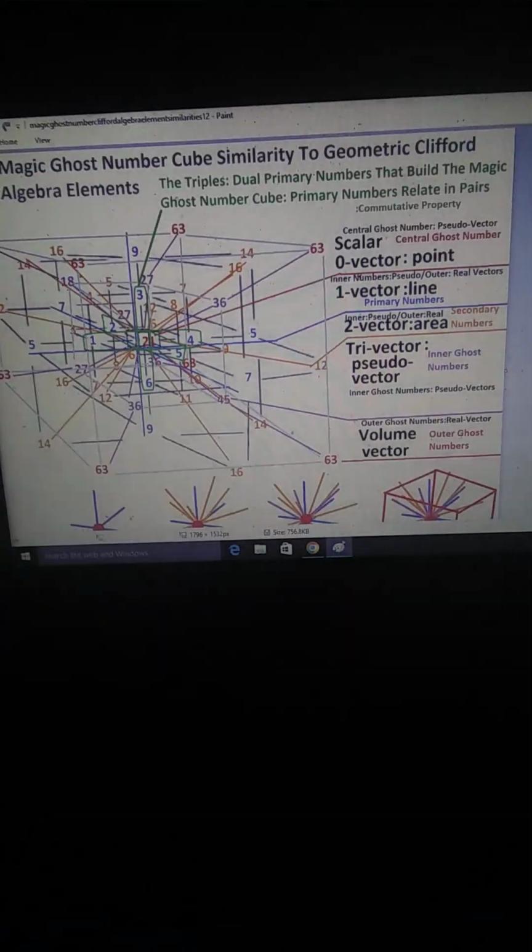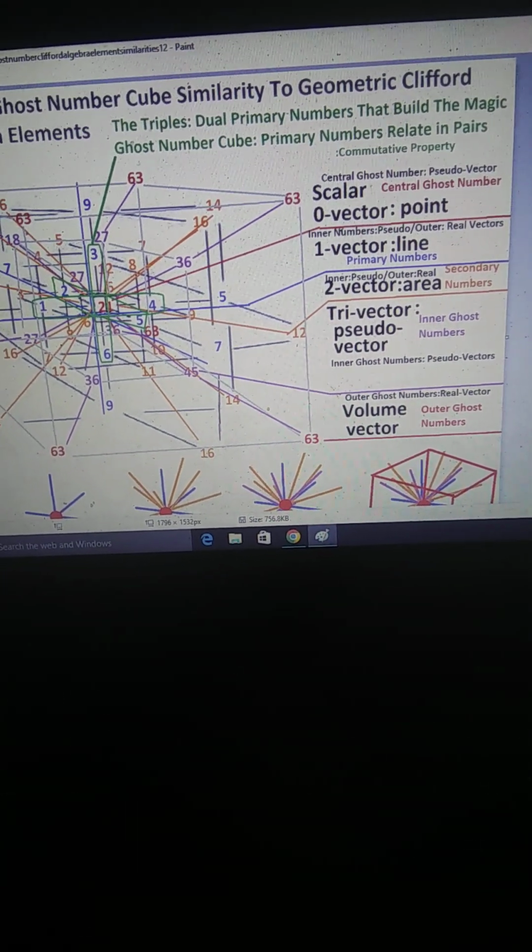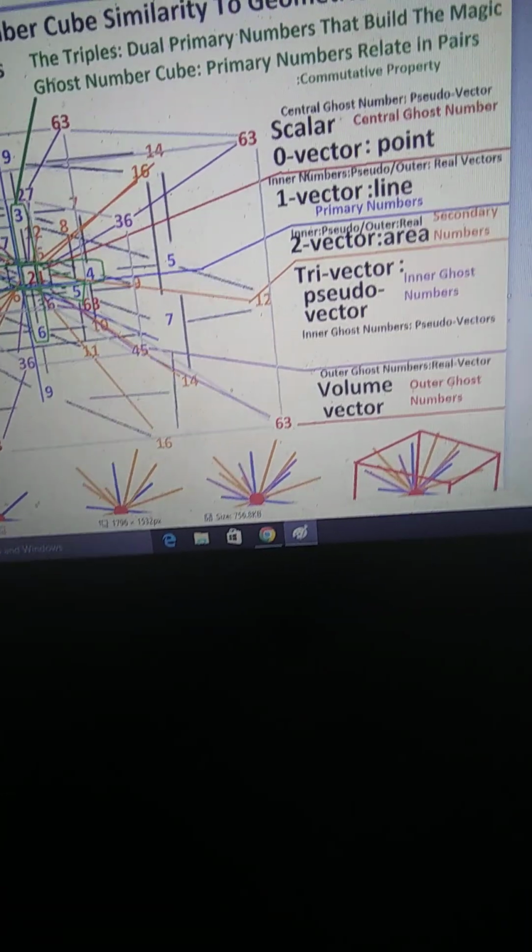I'd like to discuss what I believe might put my magic ghost number cubes to some use. If you can read this, this is the magic ghost number cube similarity to geometric Clifford algebra elements, namely the scalar zero vector point, which